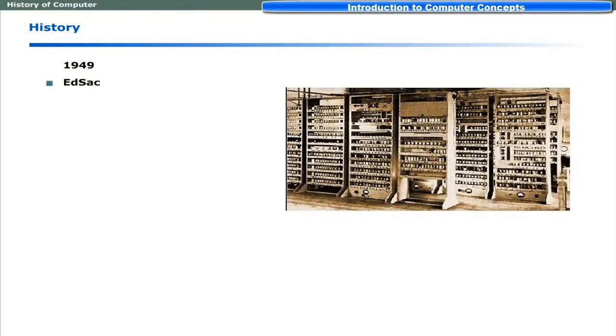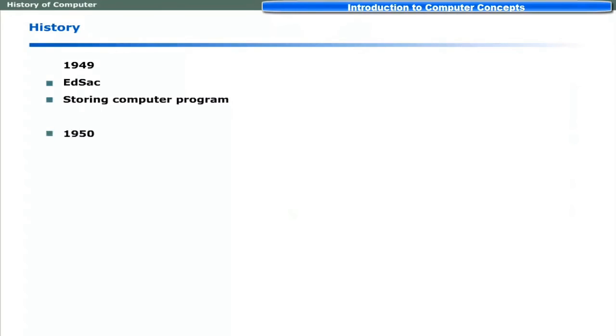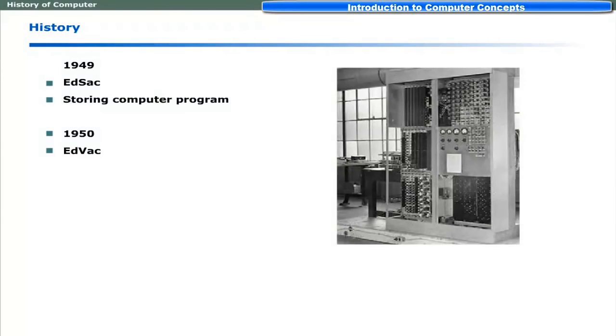In 1949, EDSAC was introduced. This was capable of storing a computer program. In 1950, EDVAC was developed. It could store instructions